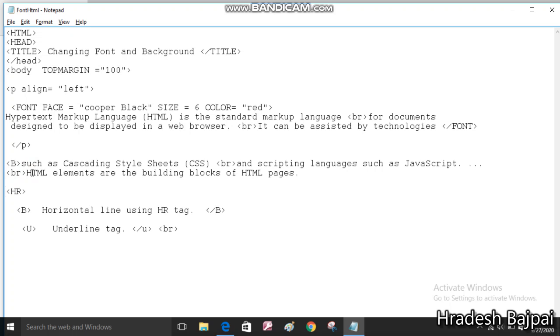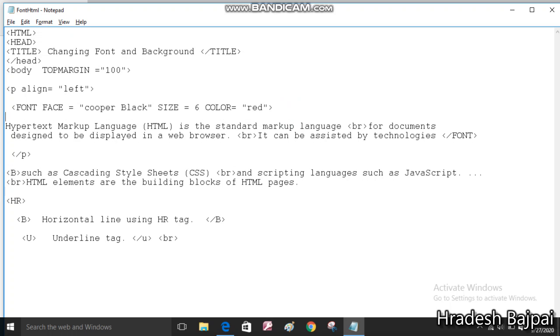Bold, italic, underline tag. In the same manner you can use the underline tag also. Like I'm going to use this tag here. I'm writing just I. I want to underline the text till technologies. Oh sorry, I want to make the text italic, till technologies. And then I have closed this I tag.